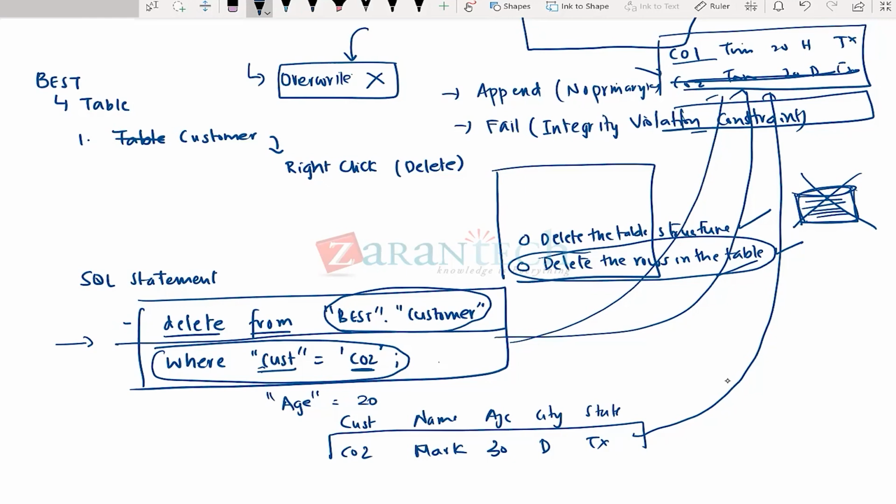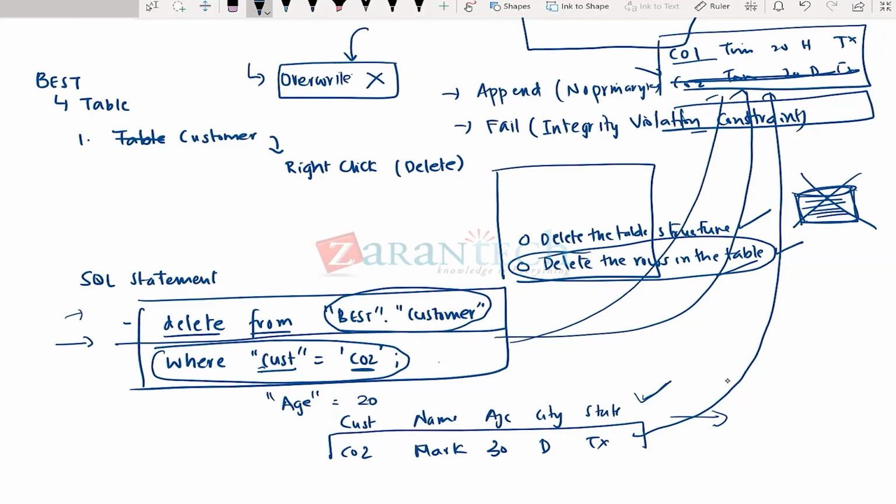Okay, these are some of the common practical things that an interview panel would ask you. How would I go about deleting a record and overwriting a record? They won't say delete, which would be like giving away the answer. They would ask, how will I make an override capability work within a flat file data provisioning technique? You can either drop the entire data content and send the data file all over again. Or if you know that there are only selective records that need to be deleted, you first write a delete statement to delete the records, and then subsequently send a file with only the corrected records that need to be pushed to the table, and that will take care of